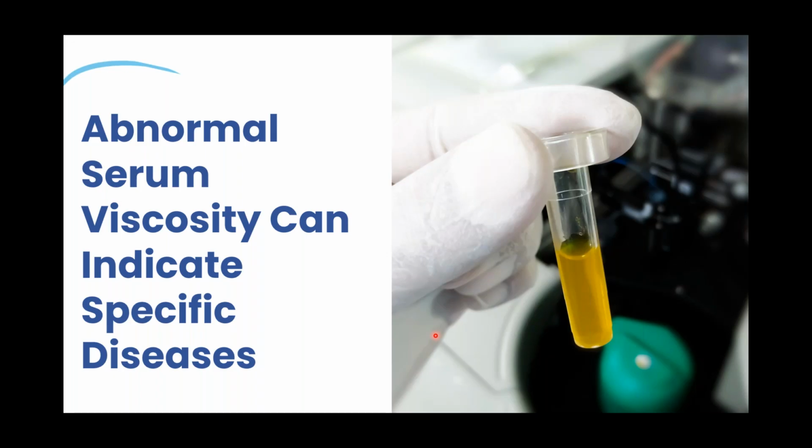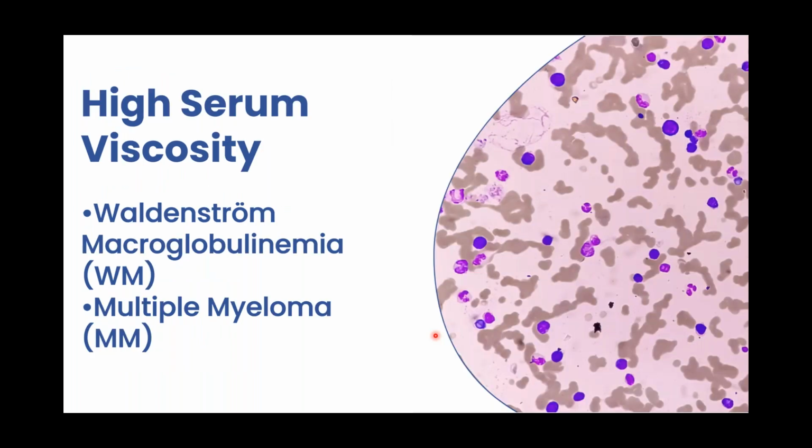And the symptoms of hyperviscosity typically occur for levels above 3. So that's a reason to measure the blood serum viscosity. So now what conditions can manifest with this high viscosity? So the most commonly listed ones are this, I'm going to butcher the pronunciation and I apologize. So Waldenstrom